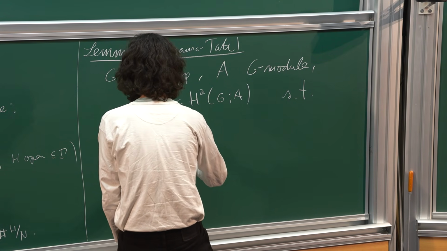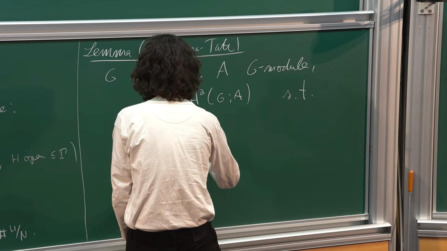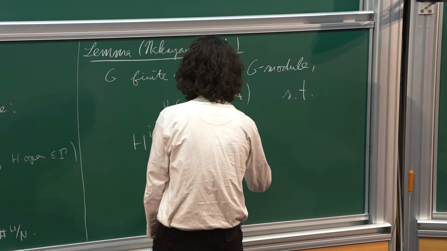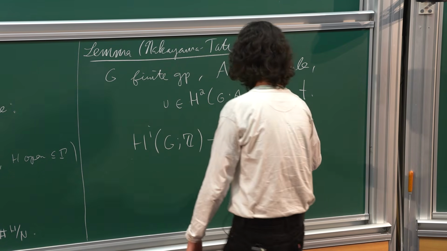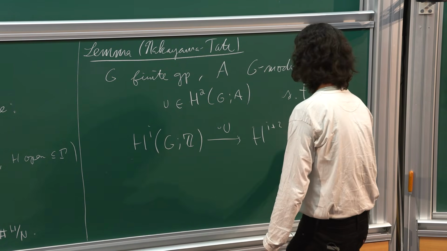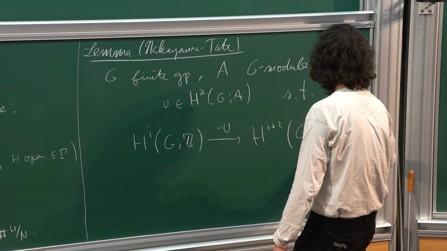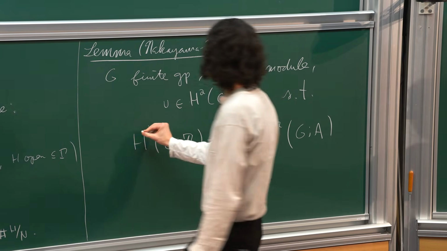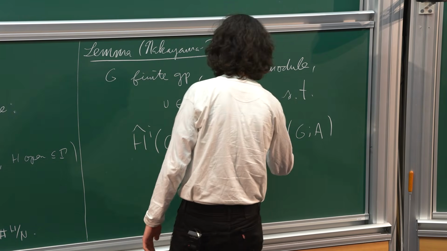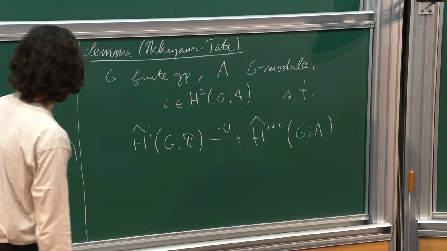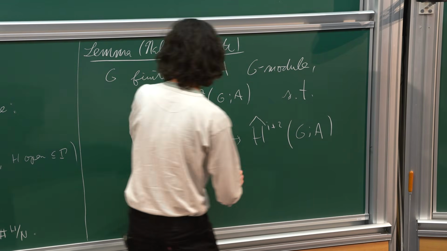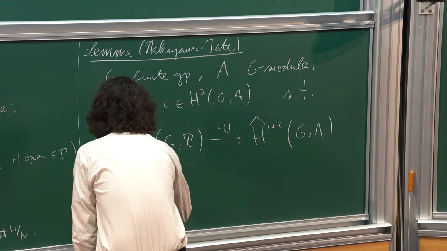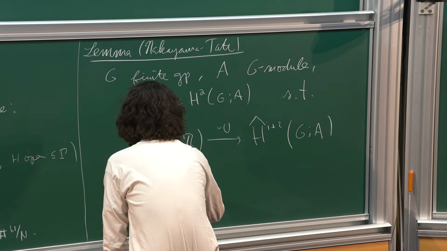So you would get a map from cohomology with Z coefficients to cohomology in 2 degrees higher with A coefficients. And you get not just a map like that in ordinary cohomology, but also in Tate cohomology. And we want to assume that this map is injective